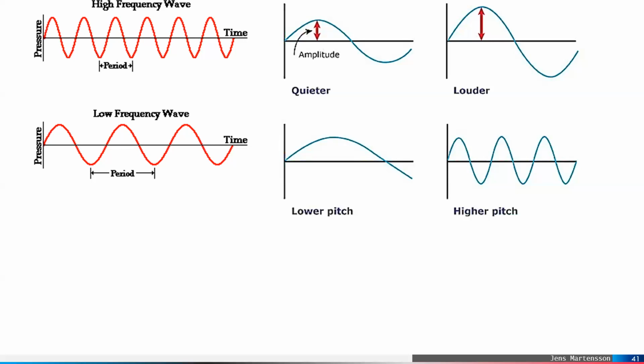So the loudness is the sound you can hear with your ear. If you have a higher volume, that means a louder sound. And lower amplitude means a quieter sound. Higher frequency means a higher pitch of sound. And a lower pitch of sound means a lower frequency for the wave.